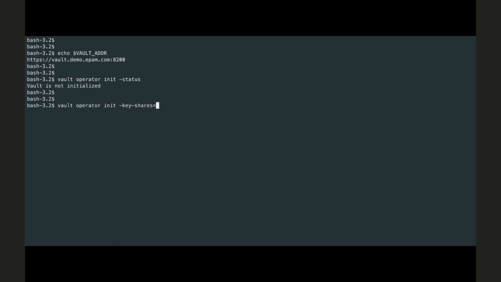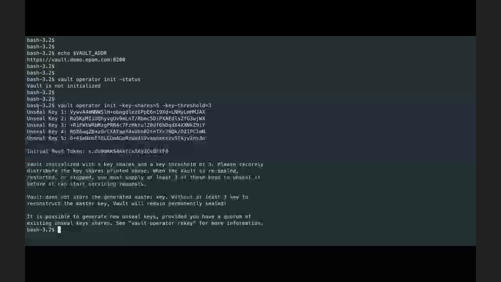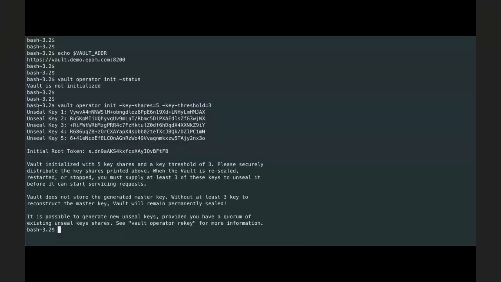Yeah, so basically there are a few things. When you initialize your Vault server, you have to specify a number of keys. For instance, in this case, key shares is 5, which means Vault is going to generate 5 keys for you. And key threshold equal to 3 means that from those 5 keys, 3 should be enough in order to unseal your Vault server. As you may see now, the output consists of 5 unseal keys and 1 initial root